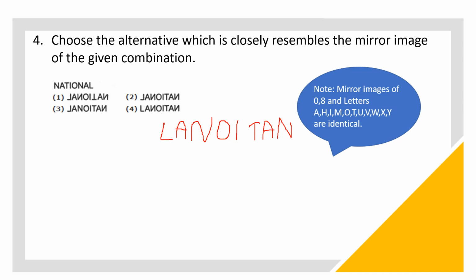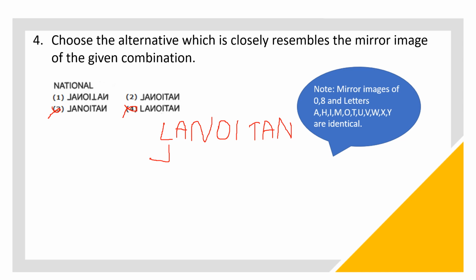See, for L you will get L like this. So options 1, 3 and 2 may be possible. Option 4 is not possible, so this is not an option. So in the first, third and second you will observe L is the mirror image, A also mirror image, N in option 3 is not the mirror image. This is the original image. So wrong.